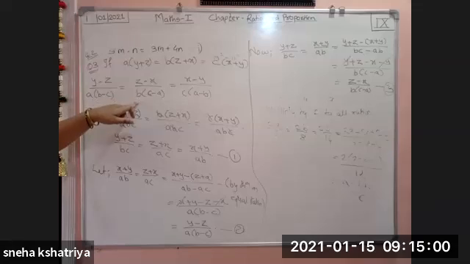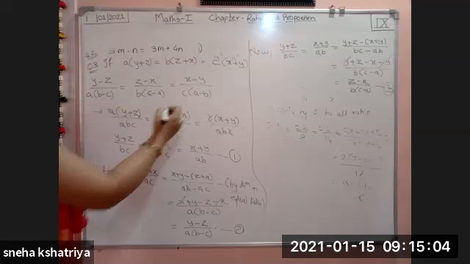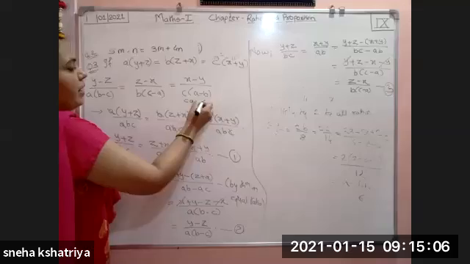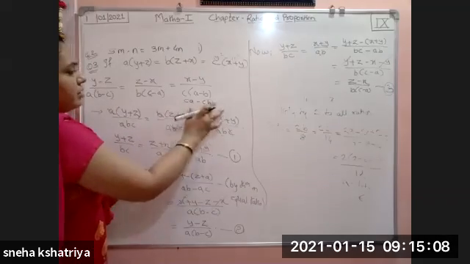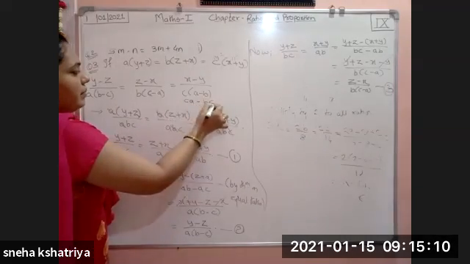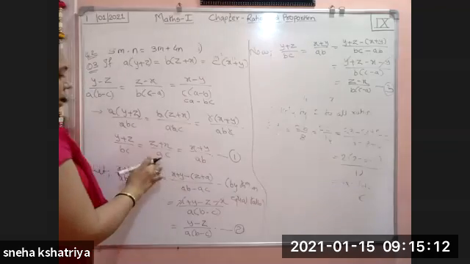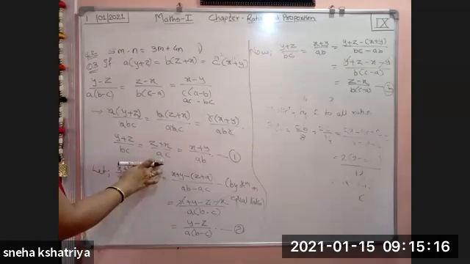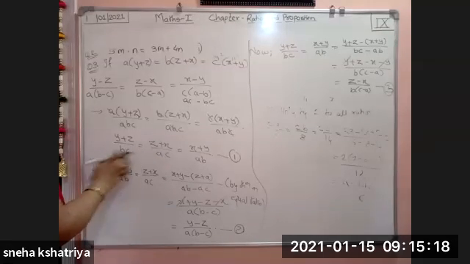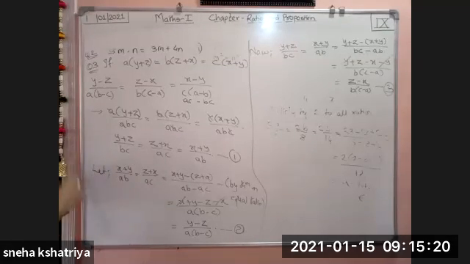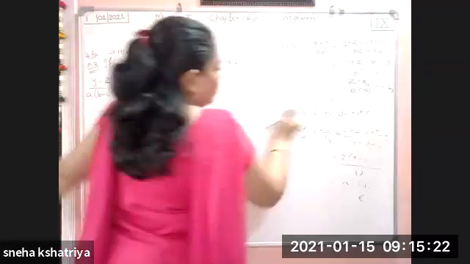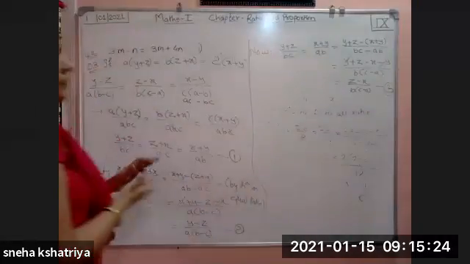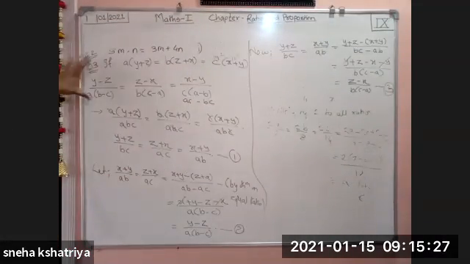So from first and third ratio, we have found out the second value. Z minus X is equal to B into C minus A. Now third is what, your CA minus CB or BC. CB, or you can say here BC, and CA means what here? AC, right? AC minus BC. So second minus first, second minus first. Okay. So this board is not rubbing, so I will write it down here.